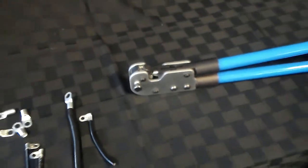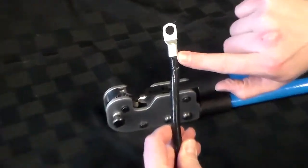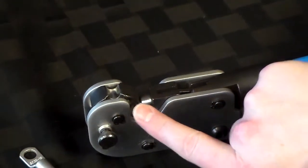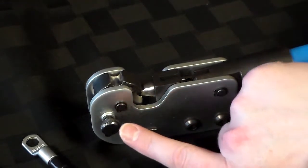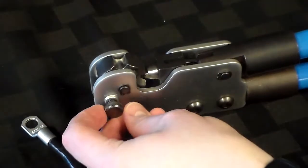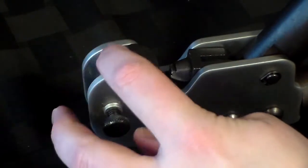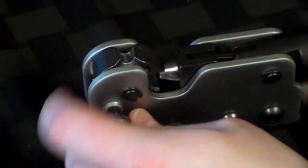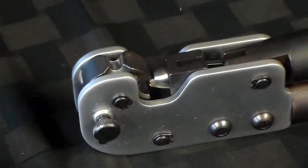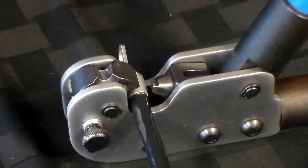Next up, we have some 2 gauge compression lugs. We were just working with 8 gauge, so now we have to adjust the wheel to the corresponding size before we begin. Same process as before. Unscrew the tightening knob and then move the wheel selector to the appropriate slot. Perfect. Okay, so with your compression lug and wire in hand, you want to load that inside and crimp